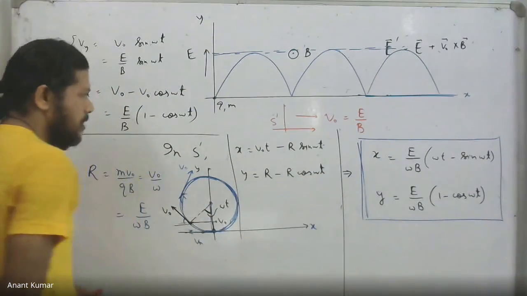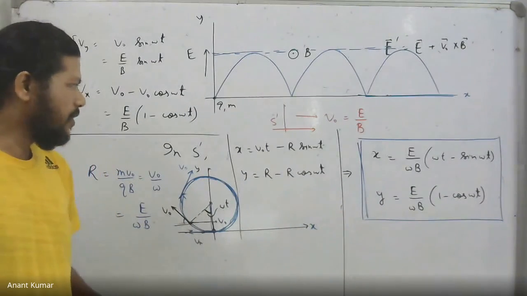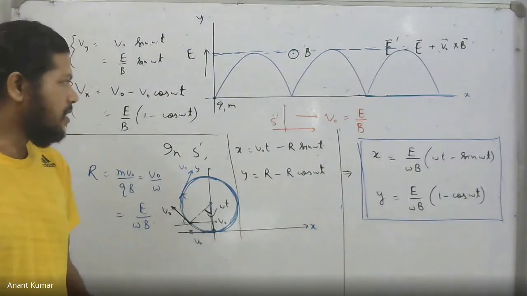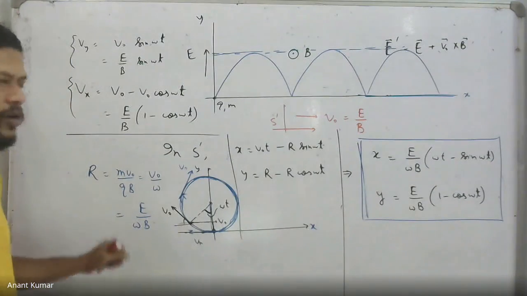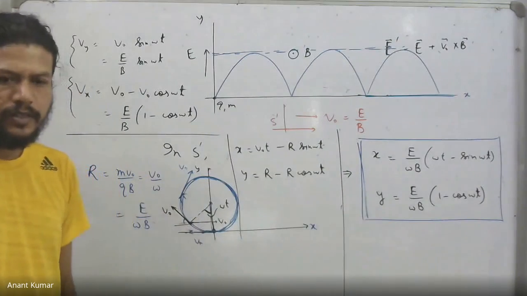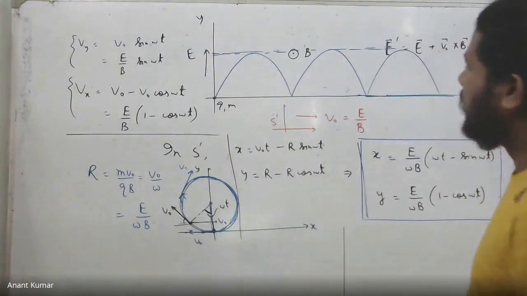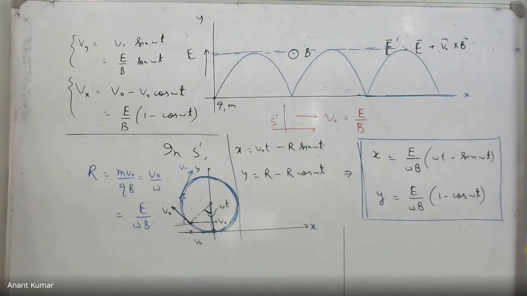That's what we have. However, these two lead to the same set of equations because of the fact that v naught is E by B and r is E by omega B. So if I just put them over there, I will exactly get the same set of equations. Okay, that is why in this case we can actually obtain those equations without in fact solving the differential equation as well. We could